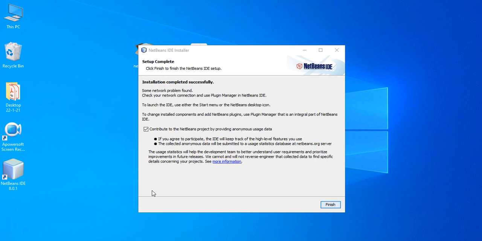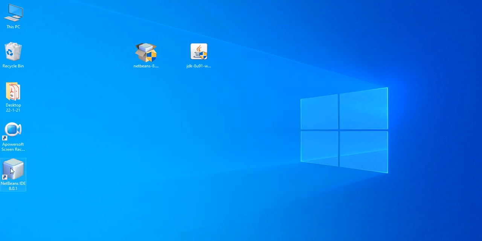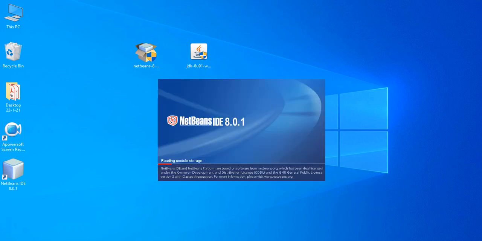Now you can see the installation is completed successfully. Just by clicking on finish, you have successfully installed JDK and NetBeans on your laptop. Let me click on finish, and you can see I am able to find this shortcut, NetBeans IDE 8.0.1. To start it, I can just double click on this, and you will be able to start your programming in this NetBeans IDE.